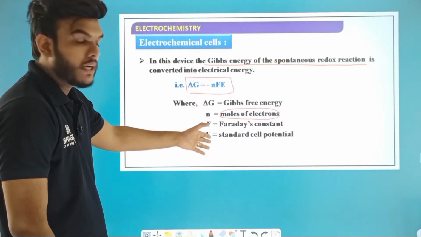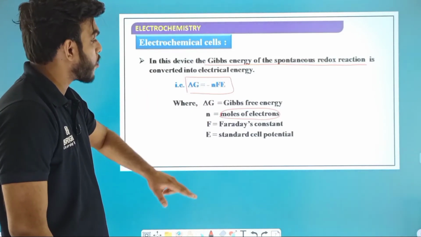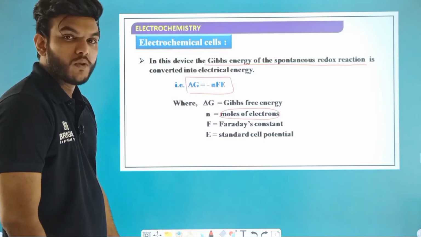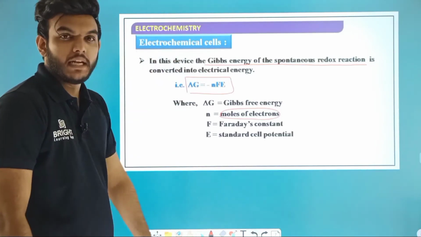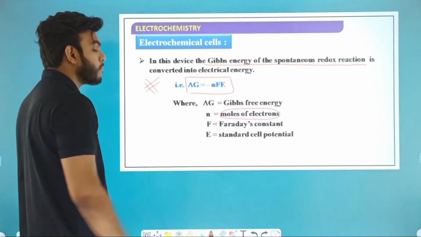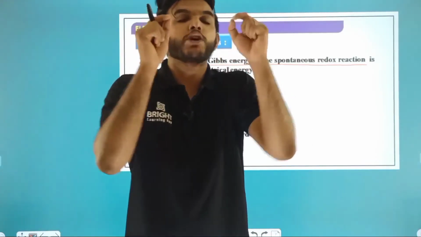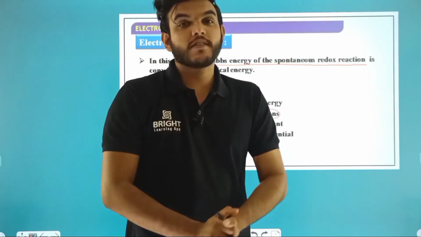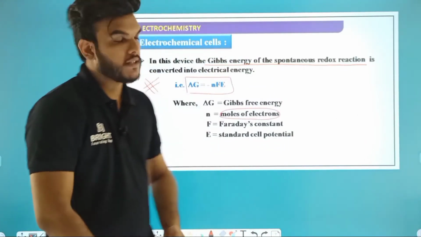These values make up a question, and you have to find either the Faraday's constant, or the cell potential, or the moles of electrons, or the delta G. Please mark this equation with a star. Based on this, for any problem, see the words, work on it and try to solve it, and we will discuss that problem in our live discussion itself.